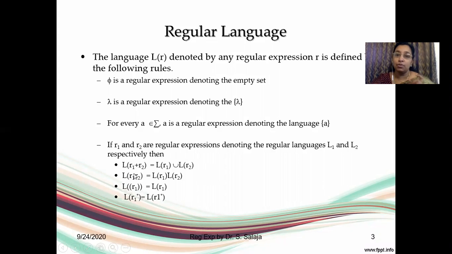Now when I try to combine two regular expressions with an OR operator, we'll take all the strings represented by R1 as well as the strings represented by R2. When we concatenate, it is an ordered pair. The strings of R1 will be combined with all the strings of R2. For example, if you have a and b in the first set and c and d in the second set, we'll have ac, ad, bc, bd as 4 strings in the resultant set. Any number of balanced parentheses doesn't matter. When you have a closure, the set of strings including the closure is part of the regular language.